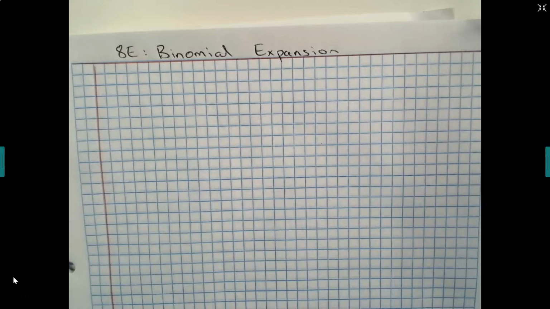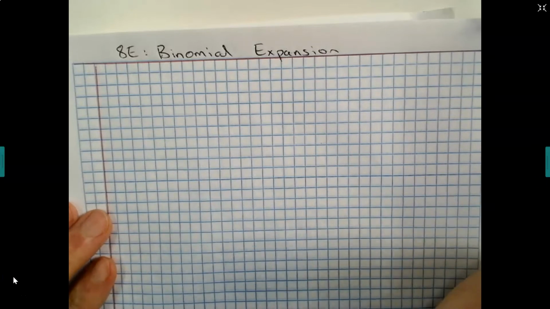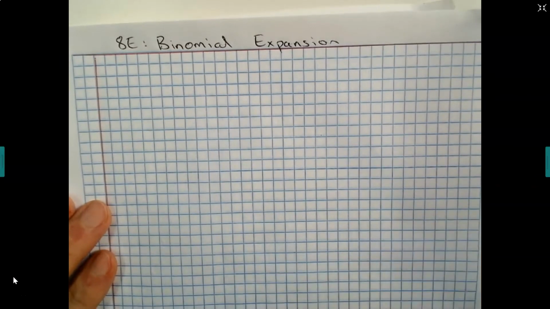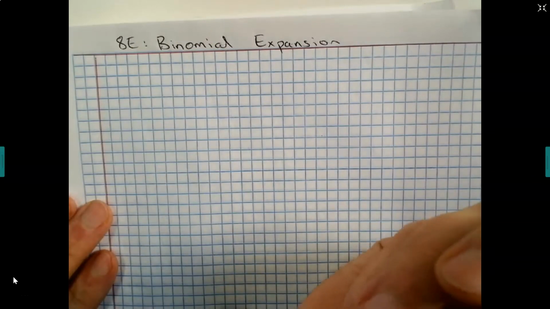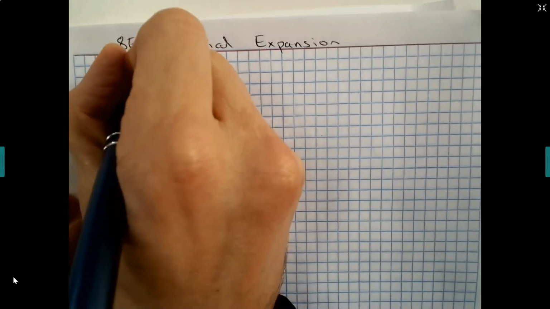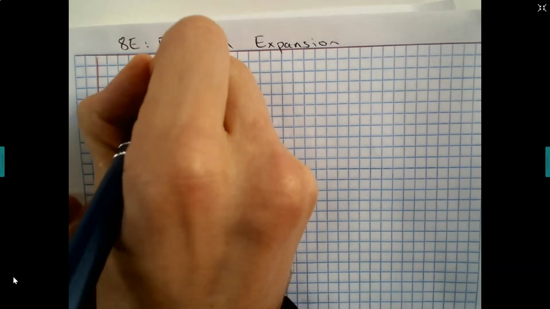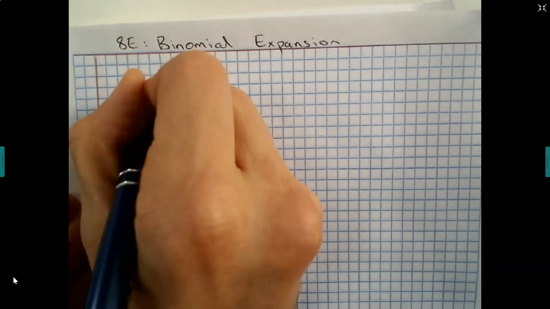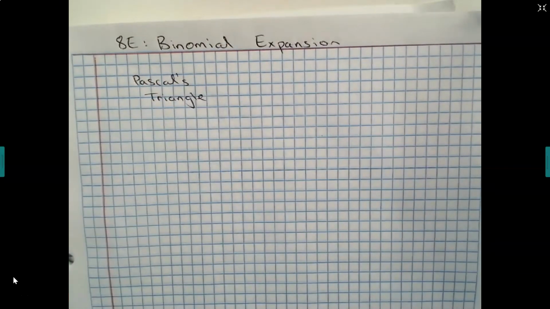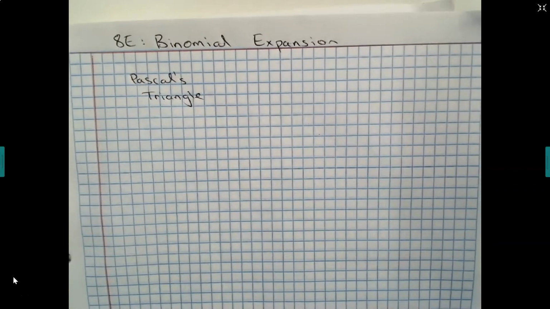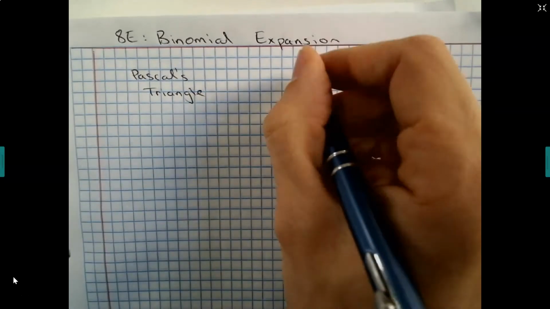All right, so before we look at binomial expansion, we're going to look at a tool which is going to be useful for us to do some of these expansions. Some of you may have heard of it before, Pascal's triangle. Now, if I consider a starting point, 1,